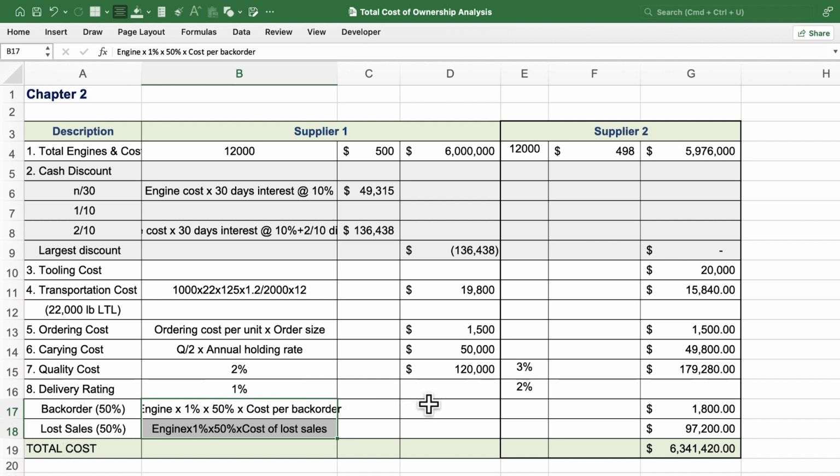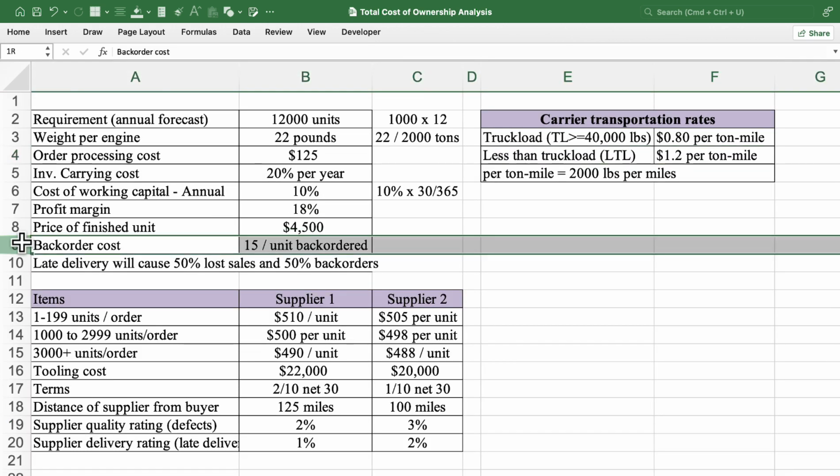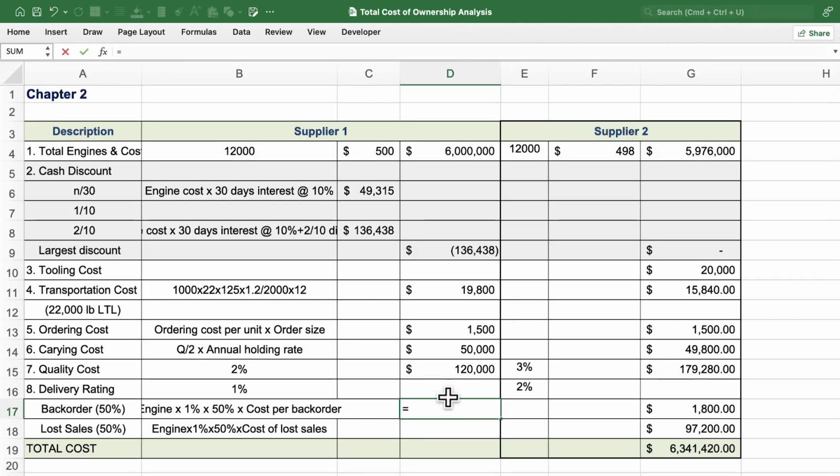So for back orders, the idea is that 1% of deliveries will be late, and for those late deliveries 50% will contribute to back orders, and every time there's a back order there's a cost incurred, and that cost is $15. As you can see here, the cost of back orders is $15 per unit. So our calculation will become number of engines, that's 12,000, multiplied by 1% that are late, multiplied by 50% or 0.5, and multiplied by $15, which is the cost that's incurred every time there's a back order, and that becomes